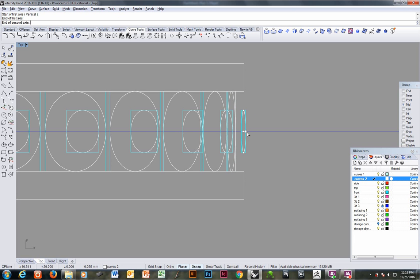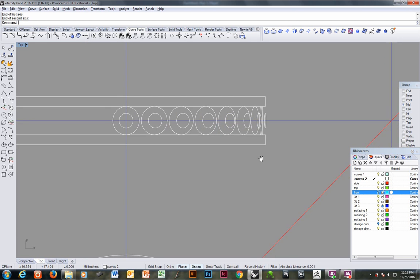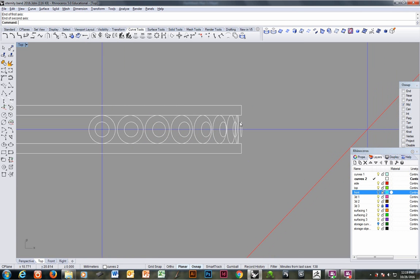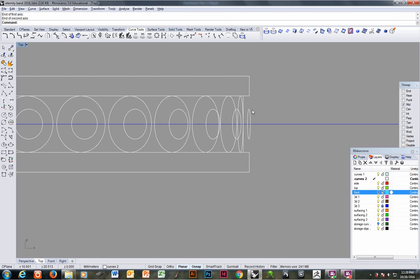Okay. So that gives us the girdles and tables, but we're missing the lines that ramp from the girdle to the table, and to get those we're just going to pick straight line,